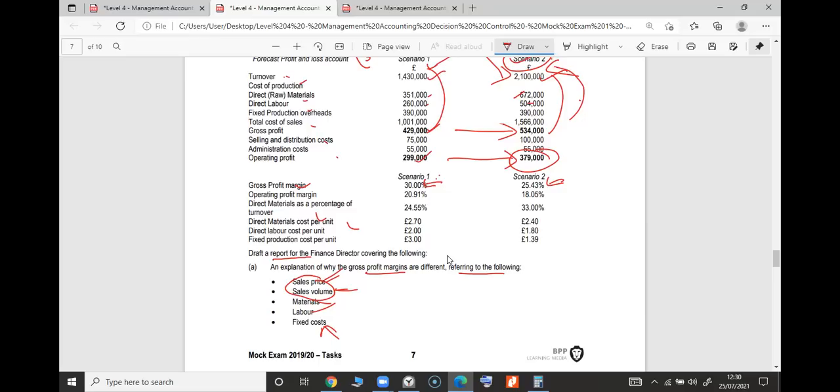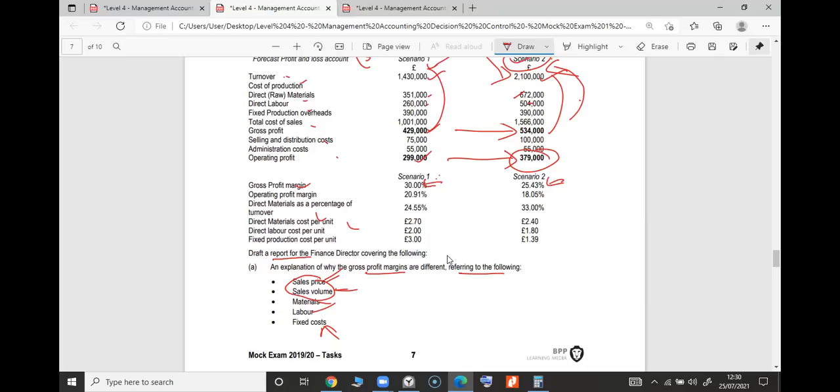Because both of these have less production cost in scenario 1. That's what you need to write, Jordan. Okay, that's a correct answer, but you need to say it with reference to scenario 1. That's an absolutely right answer. Another one: because sales volume has increased revenue and hence contributed to greater contribution. High contribution per unit in scenario 1.